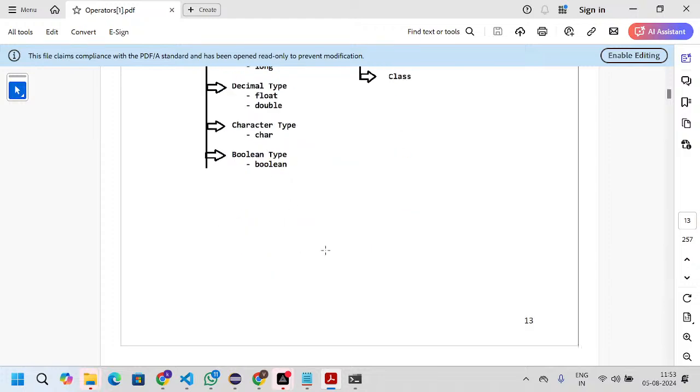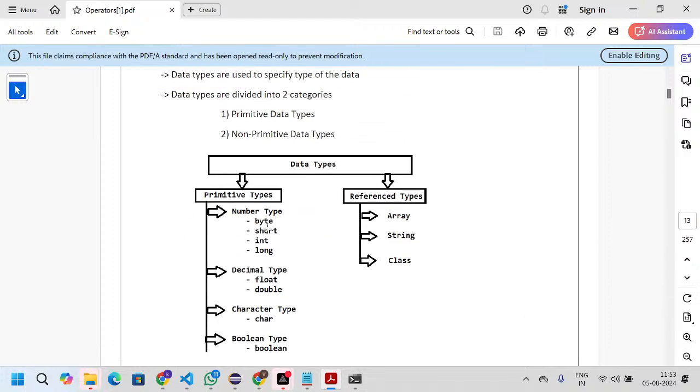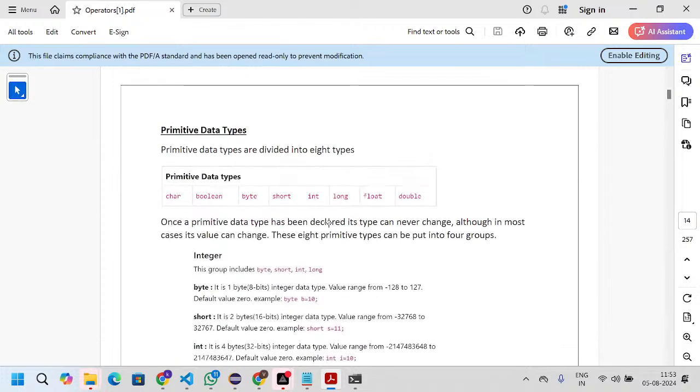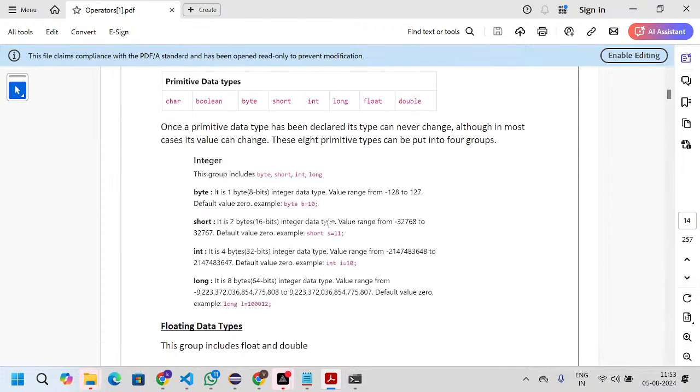These are fixed values. A primitive can hold only one value at a time. If you want to store multiple values, then we will go with reference data types. These are the sizes. Byte has a size of 8 bits, the range is -128 to 127. Default value is 0, for example byte a = 10. And if you take 130, it will throw an error. Why? Because it has the range only between -128 and 127.